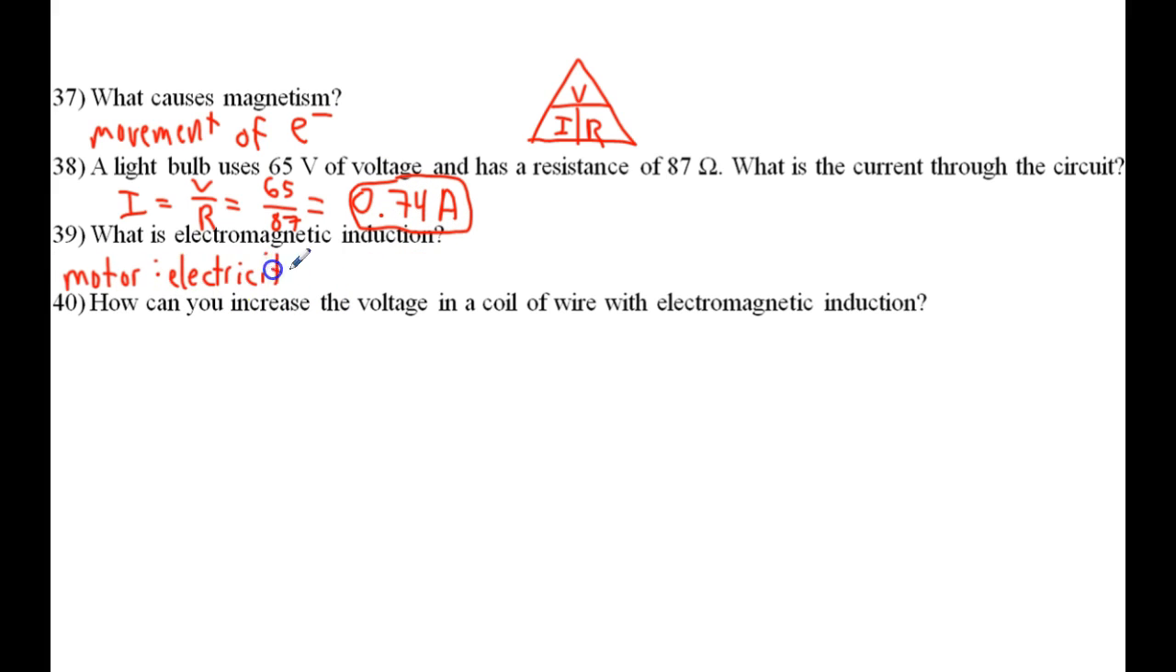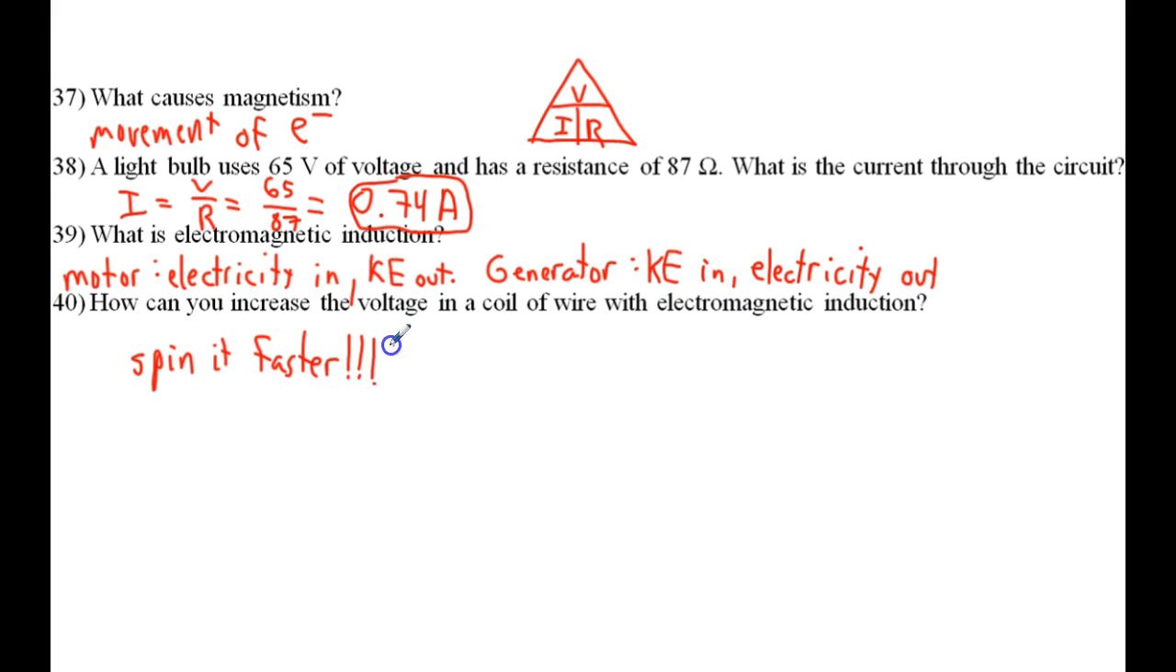Electromagnetic induction is the idea that motors and generators are kind of the same thing. You can create electricity through the movement of a magnet inside a loop of wire. A motor puts electricity in and kinetic energy out. A generator is the opposite. Kinetic energy goes in and electricity comes out. Now, when we have that sort of generator